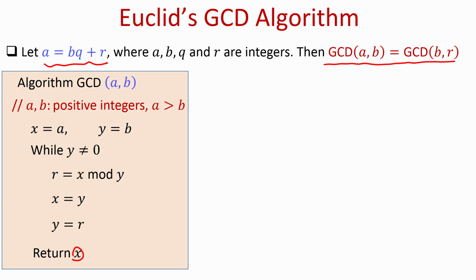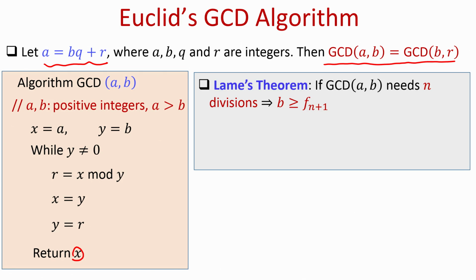That means at every step I am basically reducing the value of so-called B, and eventually it will become 0. So, if you are wondering what the time complexity is, or how many modular divisions or mod operations I am performing inside this Euclid's algorithm, I can come up with an exact bound using the well-known Lamé's theorem, which says that if the GCD of A comma B is computed using